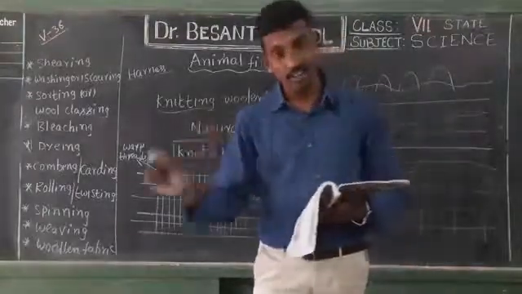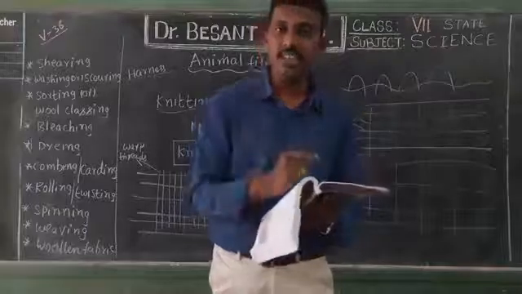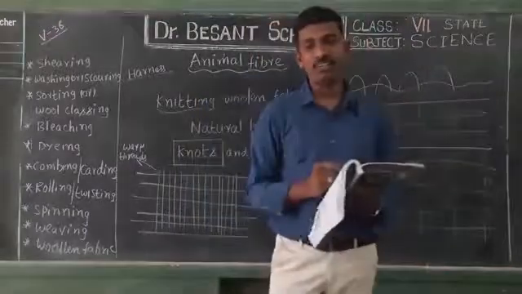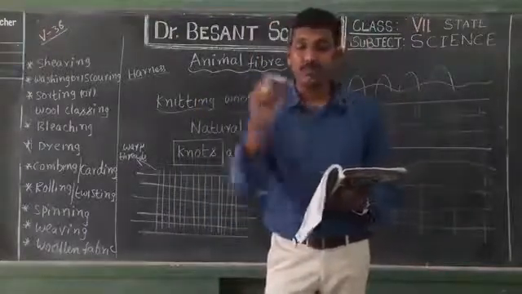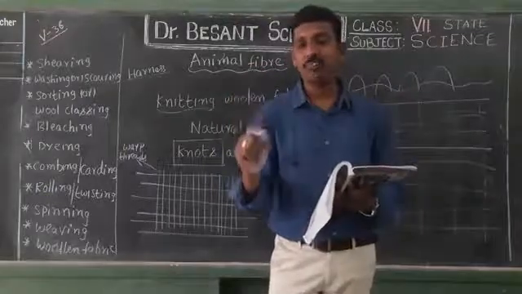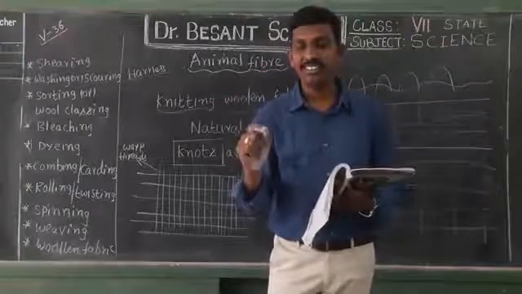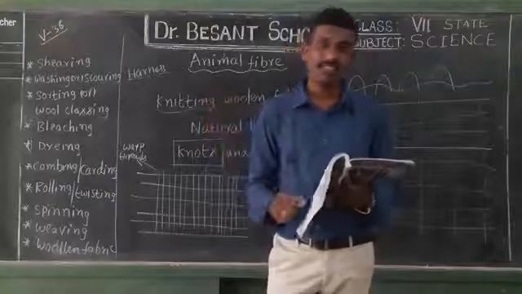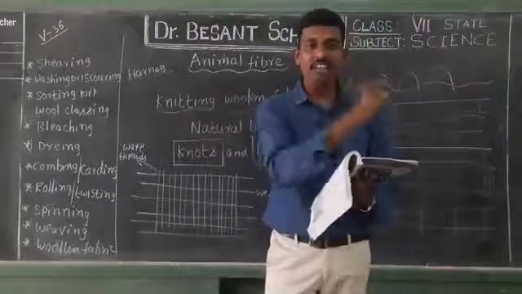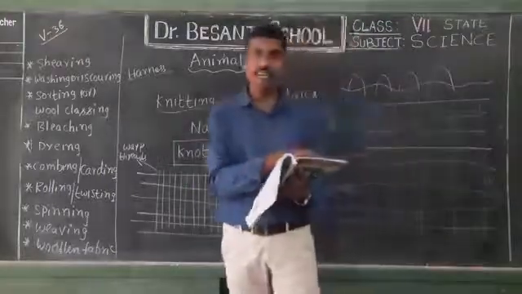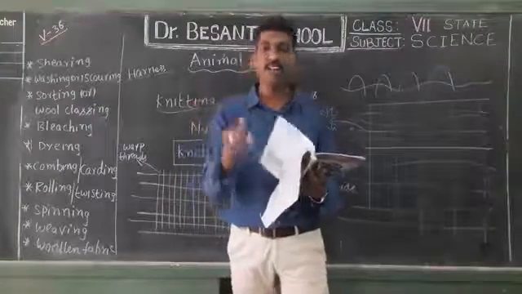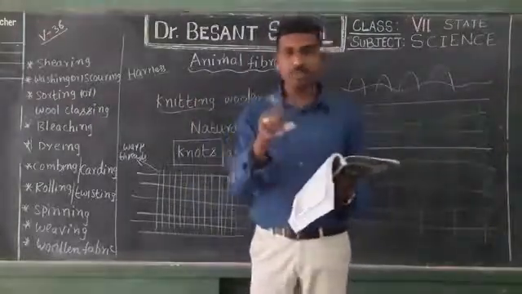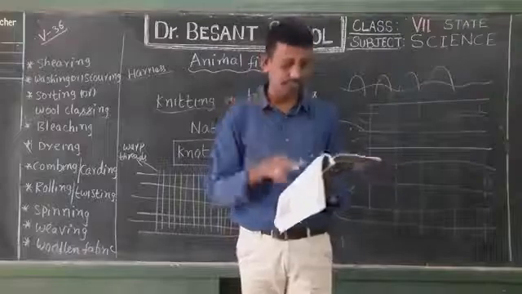Cotton is a natural fiber. Silk is also a natural fiber. Silk is obtained from animals, whereas cotton is obtained from, yes, plants. So this is a plant fiber and that is an animal fiber. It is made up of protein, it is made up of a carbohydrate called cellulose, and both the process of preparing threads will be same.